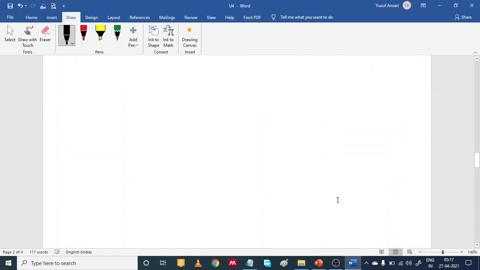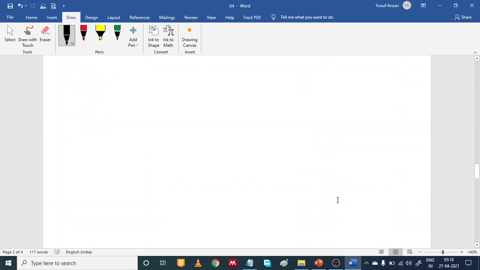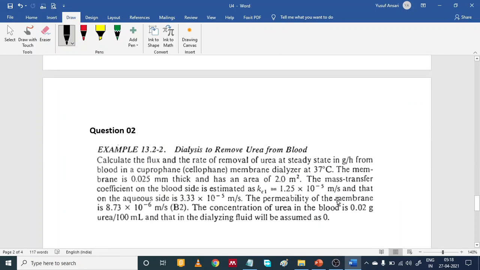This is all very simple calculations. If you know the formula, you can calculate it. And now this is the second form of the question, and for this second question you have to go through it in the classroom. Thank you very much.